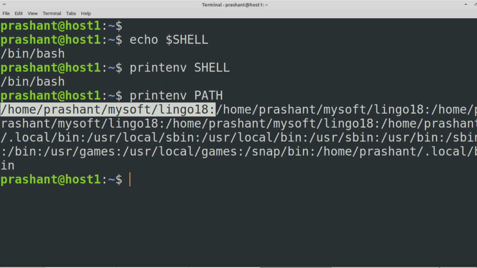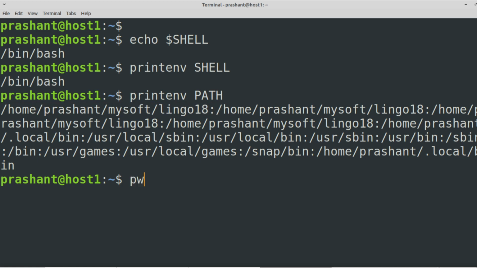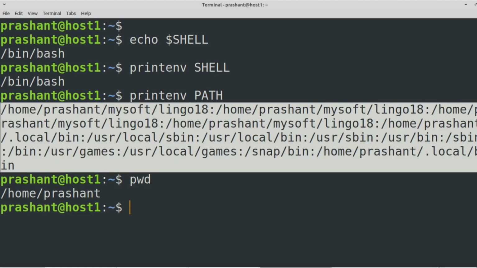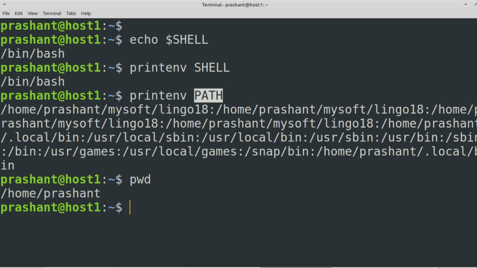For example, if I type the command pwd, there is also a command called pwd, present working directory, which shows me the current working directory. When I execute this command on the shell, it will retrieve this program from one of these paths. So this path is very important.